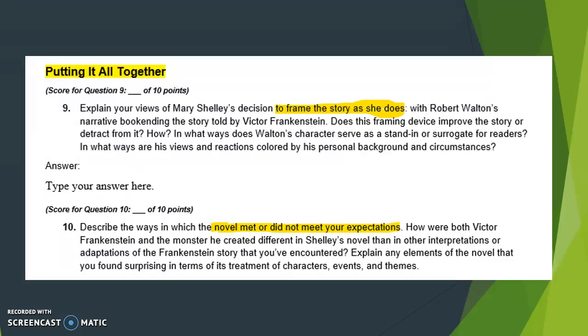This one is going to be more of a personal response. And I want to remind you that the picture I keep using in this slide, if you have actually read, you know that that is a complete misinterpretation of the monster. That is the Hollywood version that we all know, but it is not how Mary Shelley actually wrote the monster. So this is kind of that personal reflection of how did it meet or not meet your expectations and what surprised you. Think about the word Frankenstein in general. A lot of people call the monster Frankenstein. And as you read, Victor Frankenstein is actually the creator.